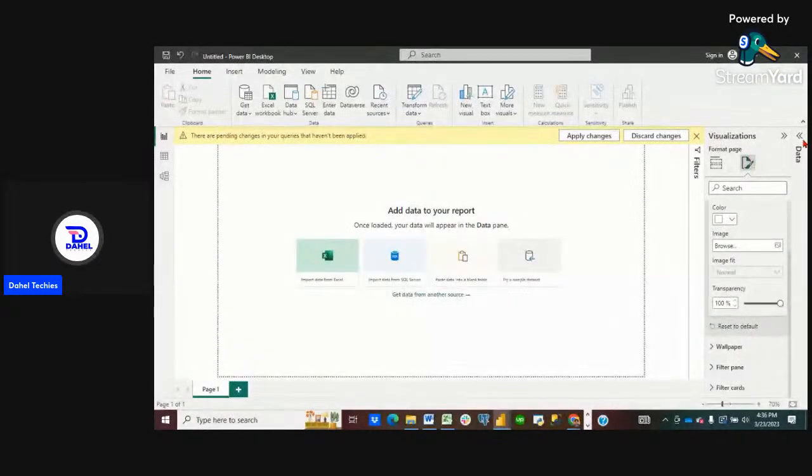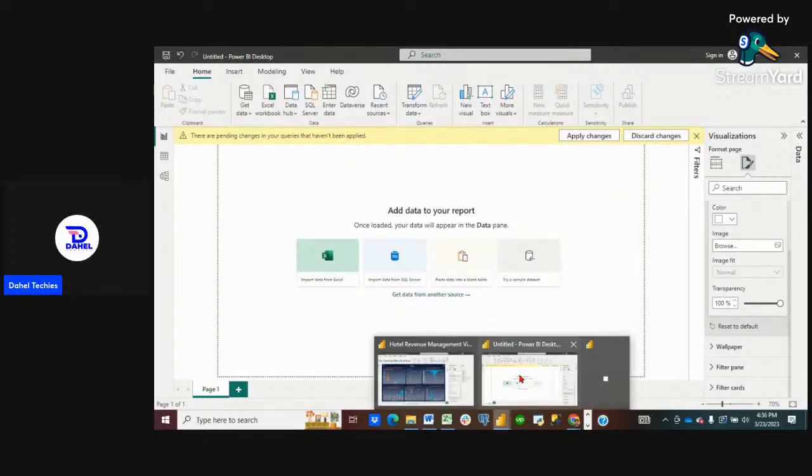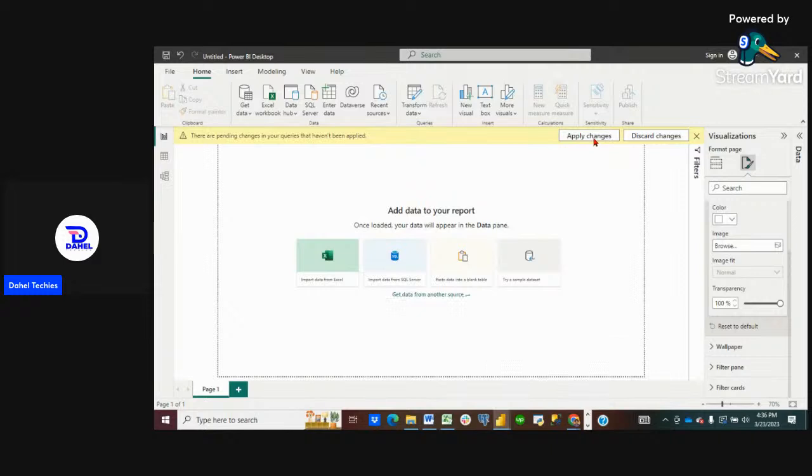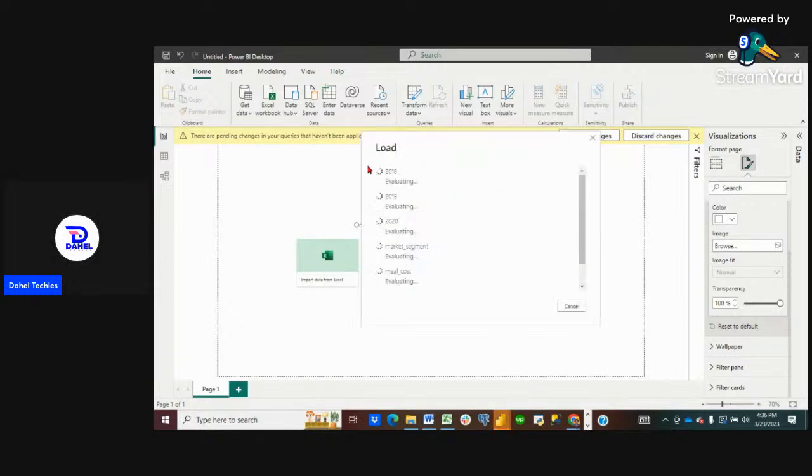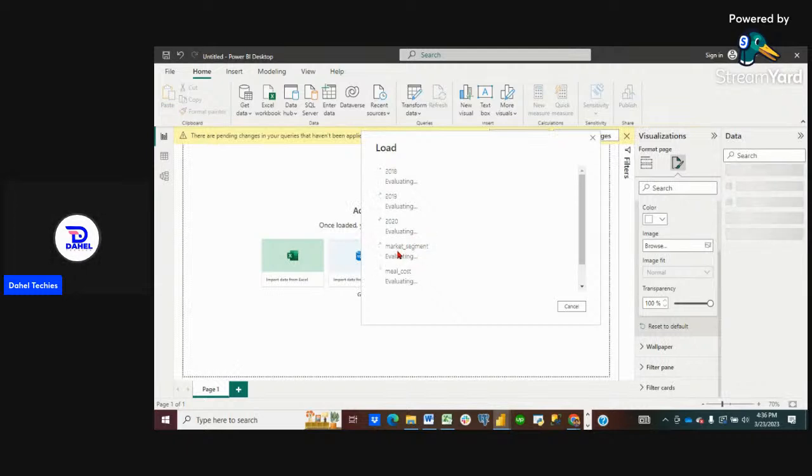You can see there was nothing under our data, but once we click on close and apply, the changes will be applied to our report. So we can wait for that to come up. All right, so it's loading 2018, 2019, 2020. You can see our market segment, our meal cost,